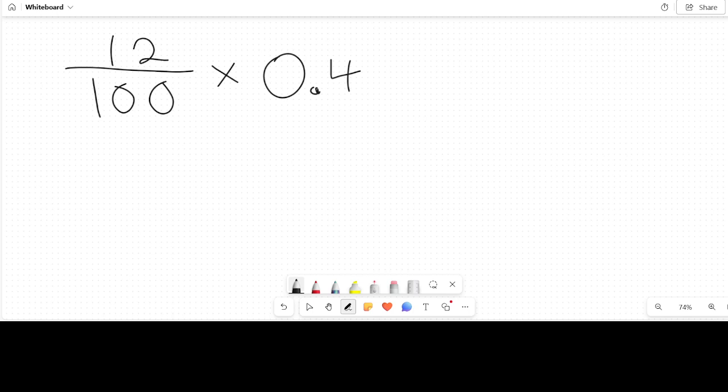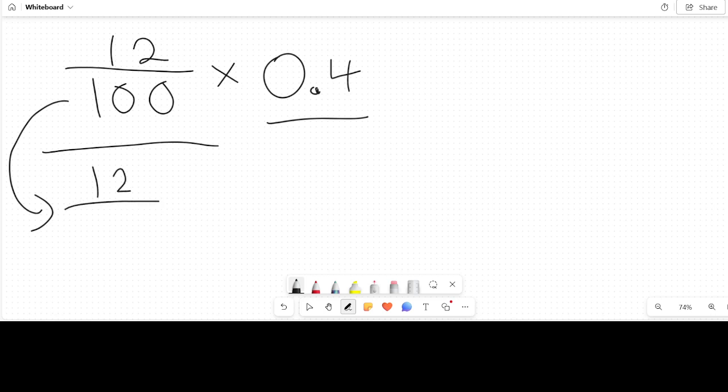Twelve hundredths times 4 tenths. Immediately, I'm sure you're noticing that these are two different ways of representing a fraction. So you have 12 hundredths in fraction form and 4 tenths in decimal form. To make things simpler, we need to rewrite one of these numbers in the same exact format. Since we're working with decimal fractions, I'm going to go ahead and keep my one fraction and then convert my